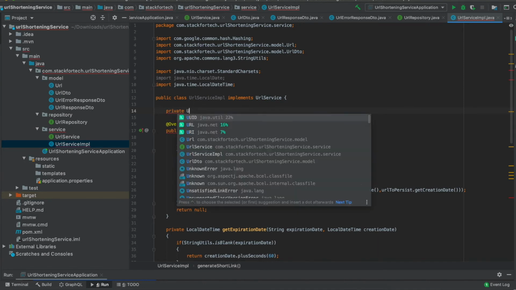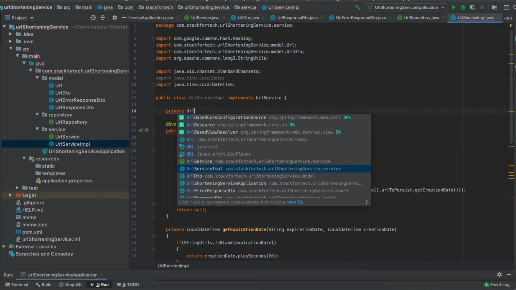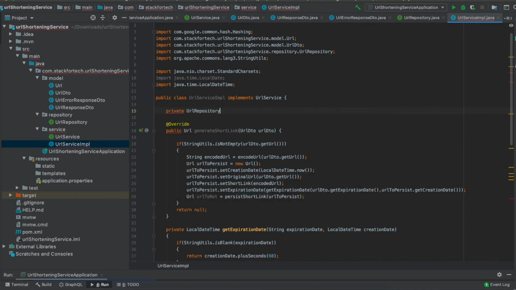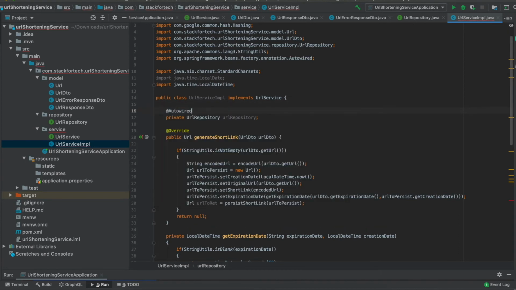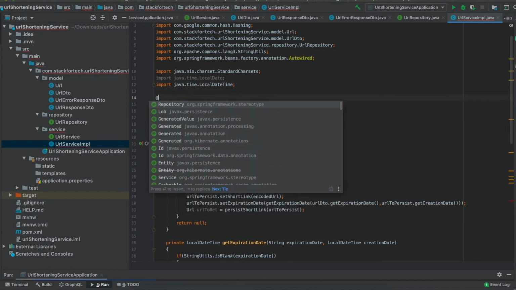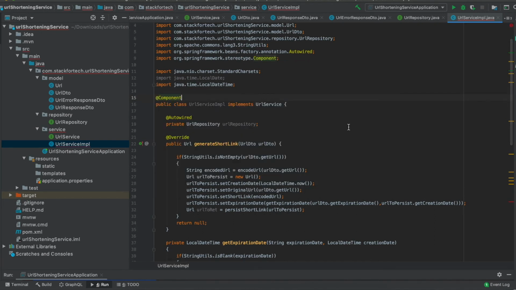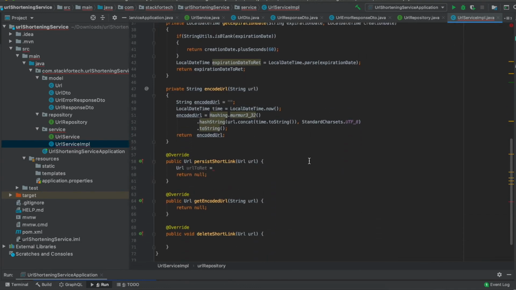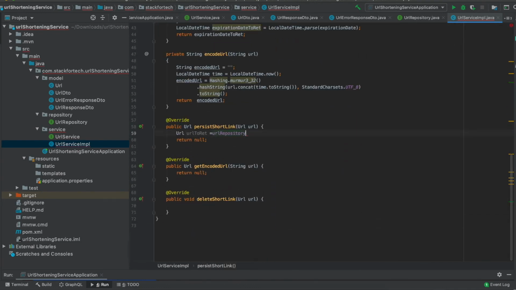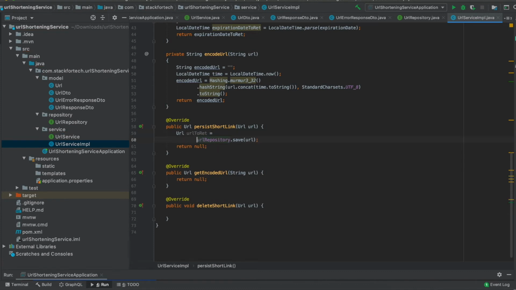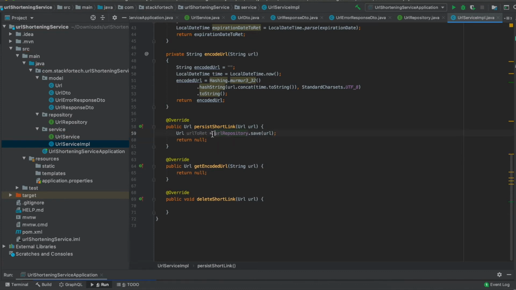So this will be URL repository, and this will be Autowired, right, and this will be added as a component. Okay, so we'll make use of this repository to persist our data. So it will be URL repository dot save the URL. Okay, and we will return this URL to return.